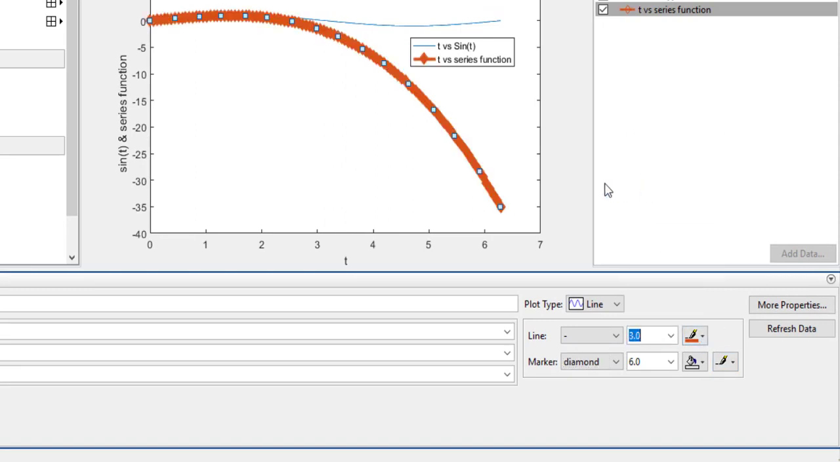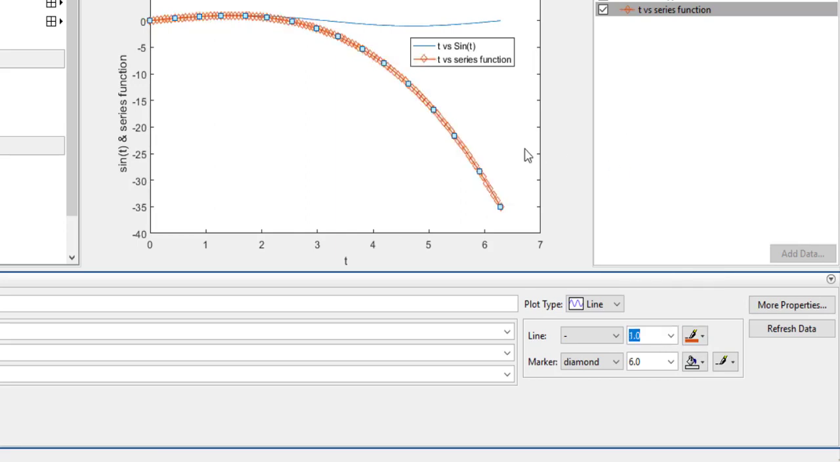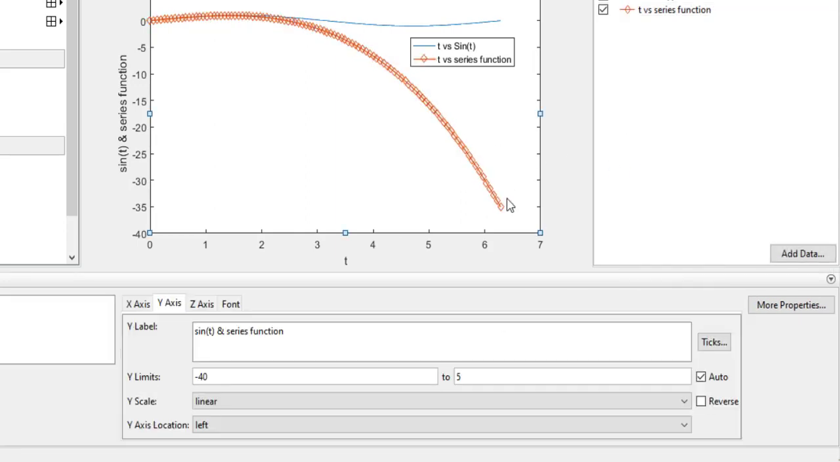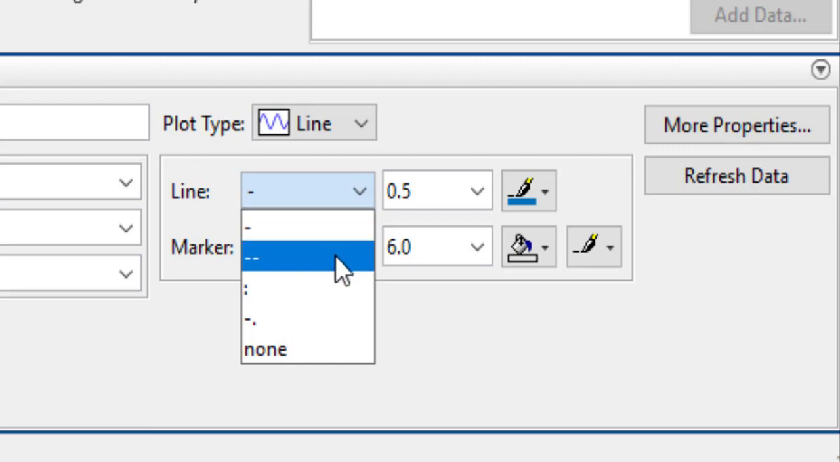Line size I need to have a little bit bigger. Okay, bigger means these diamond symbols are missing. I will go for 1 so that I can see these diamond symbols clearly. Next I will select this blue line selection, and then I will change this blue line to double